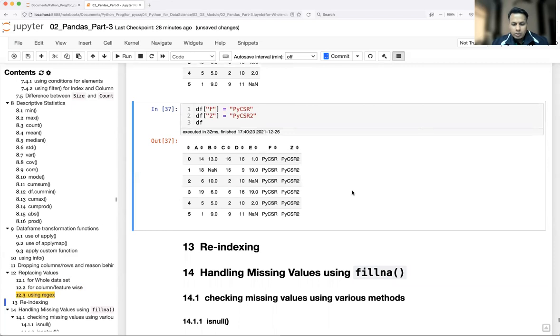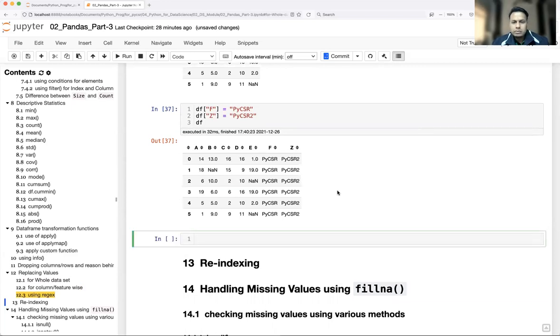So how can you use regular expression to replace one particular string in the whole data set? We have df dot replace. I want to replace, let's say, PyCSR. We have two kinds of PyCSR: one is PyCSR, one is with some number, PyCSR2. Now here we have something called regex equal to true.